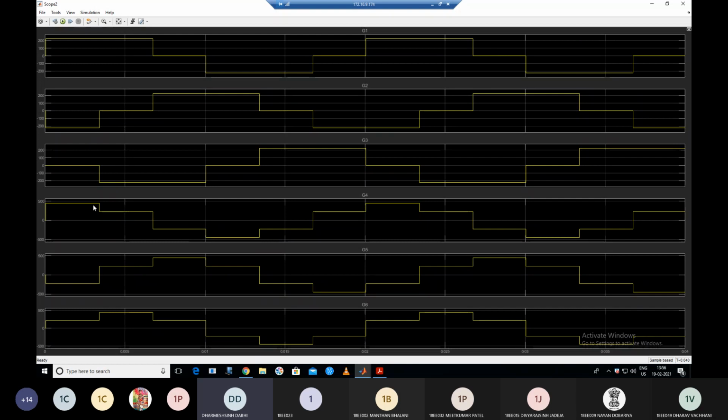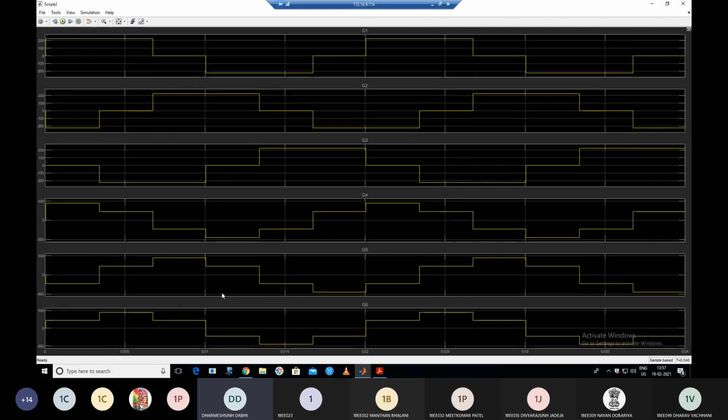See, this is a line voltage of 120 degree, that is a 6-step. Clear? Vs by 2, Vs, then again minus Vs by 2, minus Vs and 0. So in one cycle, you get the 6-step. Here, all the line voltages, VAB, VBC and VCA. So this is a 6-step waveform. This is a line voltage in 120 degree mode.